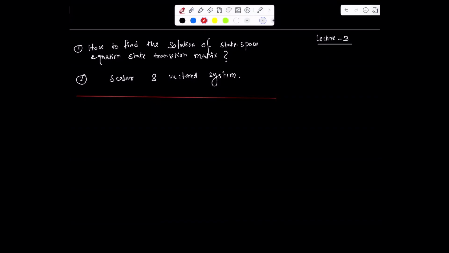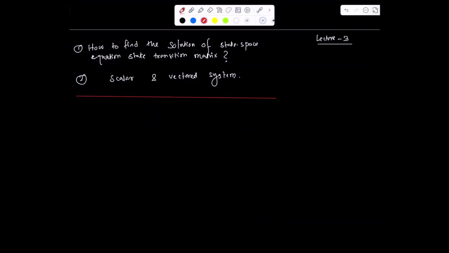It can be any value. And it also separates the internal dynamics of the system from the influence of the external inputs. So this is a very, very powerful term, with which we can study the long-term behavior of the system. We'll also find the solution in both the scalar and vector cases. It means first we'll take the scalar system and find the solution, followed by finding the solution of the system defined in the state space form. So let's start the lecture.